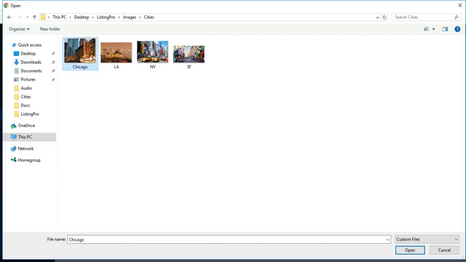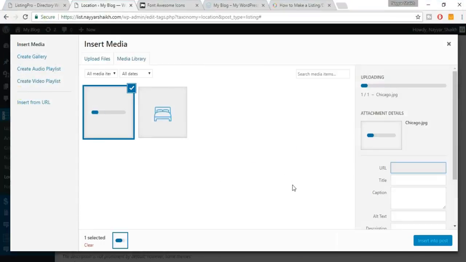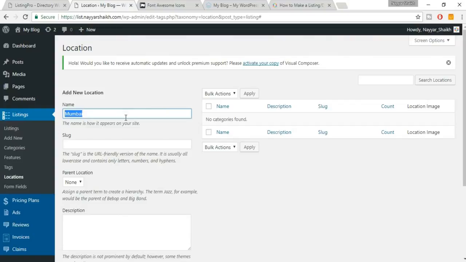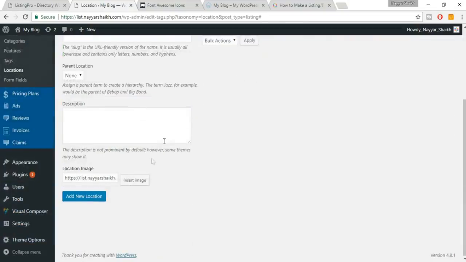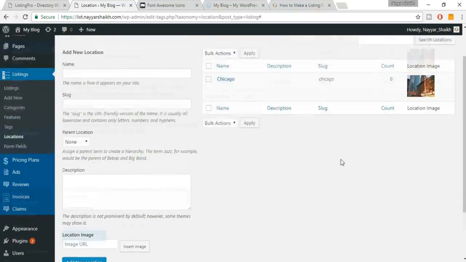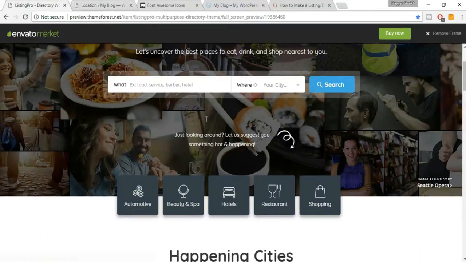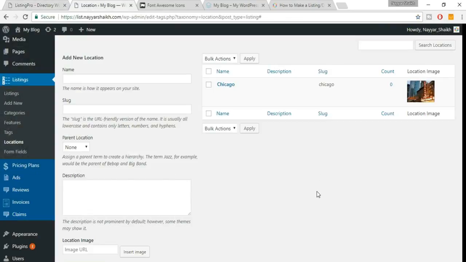So we will select Chicago. Click on open. I click on insert into post, and let's change this to Chicago. Now click on add new location. Super easy. And now you can also do one thing. For example, you don't want to add too many locations because you already have this search option. So you don't need to add too many locations, but whenever you want to, you can just do that